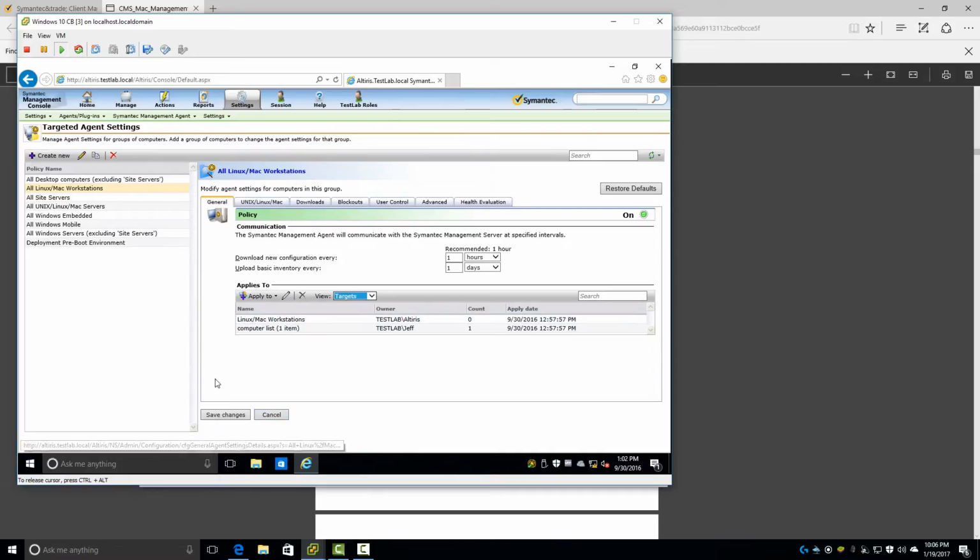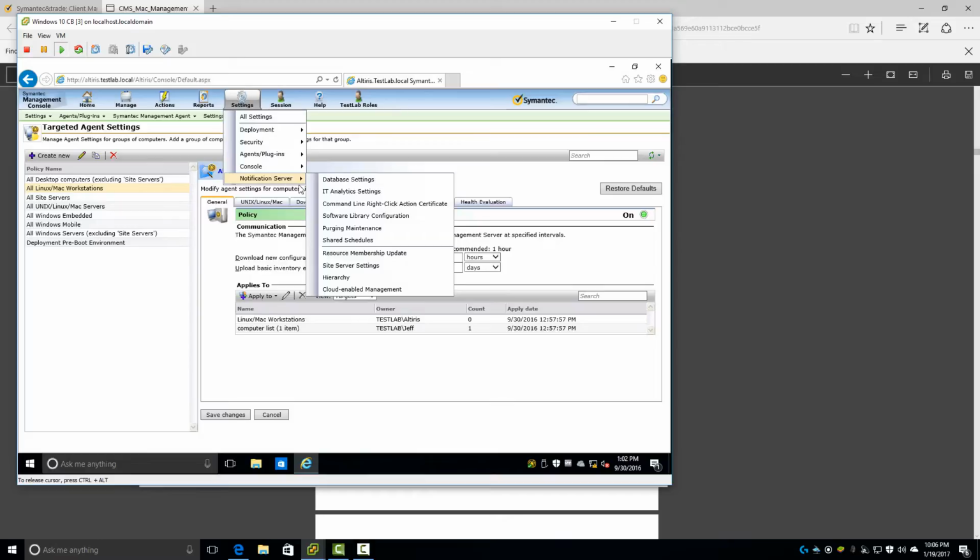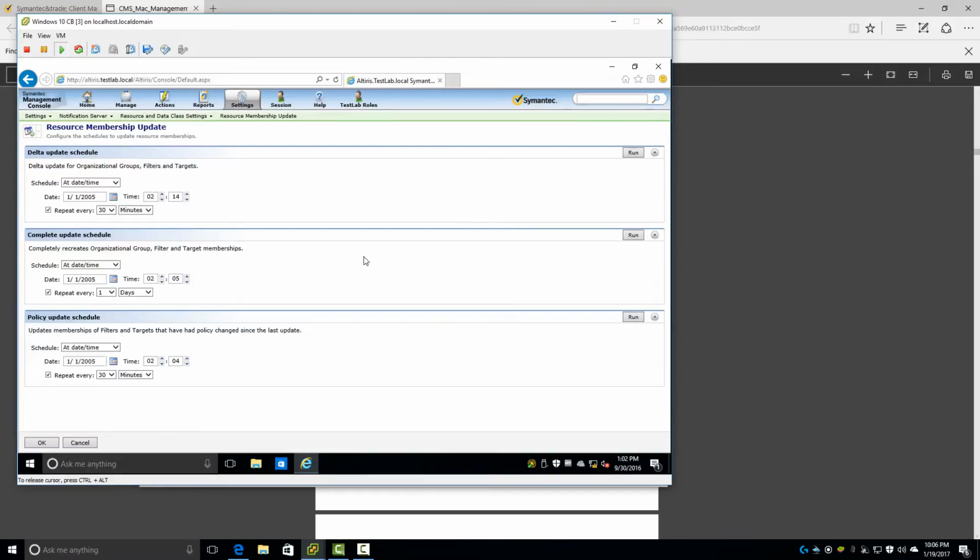So once I did this, I hit save. I then went to settings, notifications server, resource membership update. I updated the policies first. I just did a full. It's a small database. You don't do this during business hours in a production environment. You can do a delta, where the full runs every 1 day, and the delta runs every 30 minutes. Once I ran this,